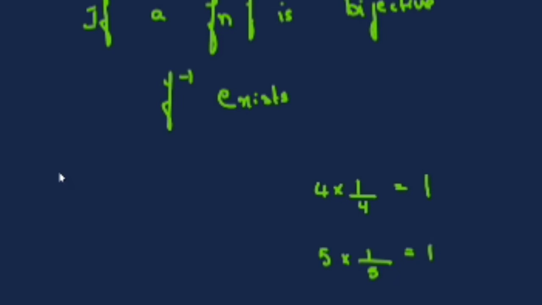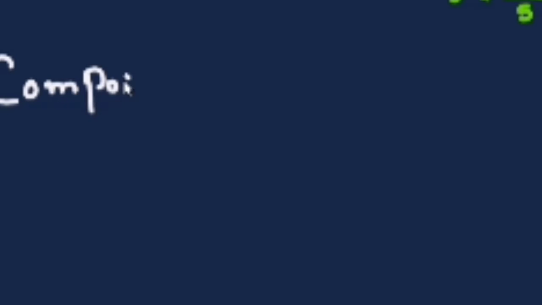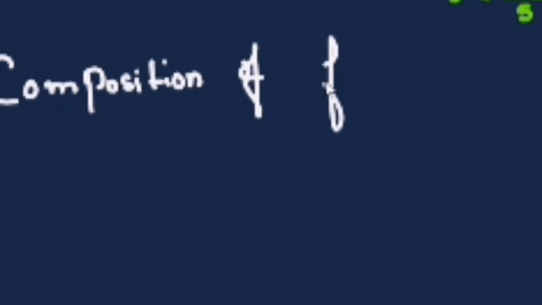The same way, in functions also, you have addition and multiplication. You can add two functions, multiply, subtract, divide, and there is also another operation in functions called composition of functions. We will be learning that in detail. If f and g are two functions, addition is f plus g. Subtraction is f minus g.